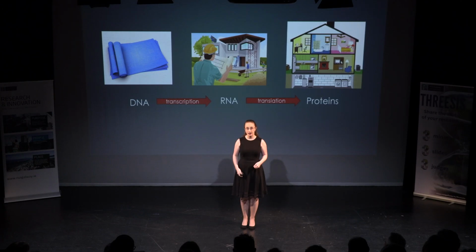It's much easier for us to study this RNA than it is for us to study the proteins that actually make up the cell. And by studying the RNA, we can figure out what a cell is actually doing, instead of just what it's capable of doing, which is what we would find out from studying the DNA. In order to do this, we need to be able to actually look at the DNA and RNA that is present. So as an undergraduate, my job was to develop a process to use fluorescent dyes to look at mitochondrial